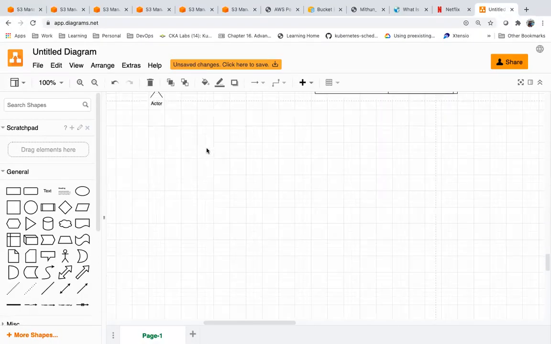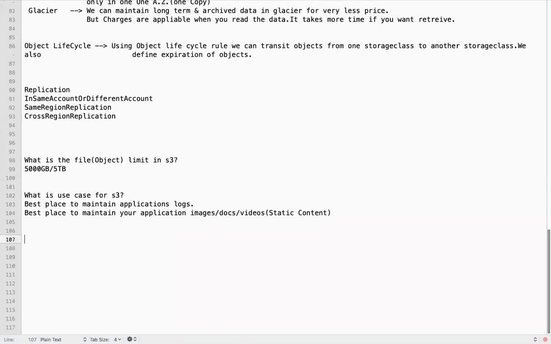There is one more way of transferring or moving data from one data center to another data center. I will not call it a service, it is a device: AWS Snowball.